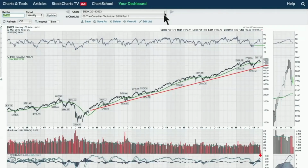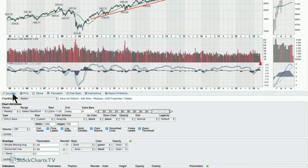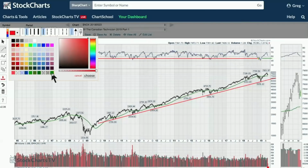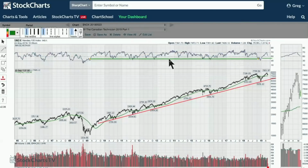And then our next chart is the S&P 500. And just before I go there, remember that this tagged 30 and rallied back up to 70. And when you get back up to 70, that's a bull market. I should make one more annotation here just to show everybody what I mean. So when we're in a strong bull market, the RSI holds this 40 level. And maybe even in this case, we have to go down to 35. But in general, still holding. This is the first time we got down this week since the '08-'09 period. And that's what I think is an important statement. So let's not be...